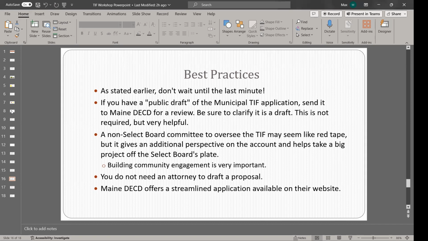And the other big reason I support these types of groups is because community engagement is a make or break for these different TIF proposals. I mean, I'm doing this workshop tonight because we've heard some questions where people assumed, well, TIF does this or TIF does that. If you have those same questions, there's a very good chance there's a lot of people out there who have the same assumptions, and having that public outreach is key to dispelling those items. Honestly, we could end tonight where all of you tell me you're never going to do a TIF because, even though this is what it is, it's just not for your community.